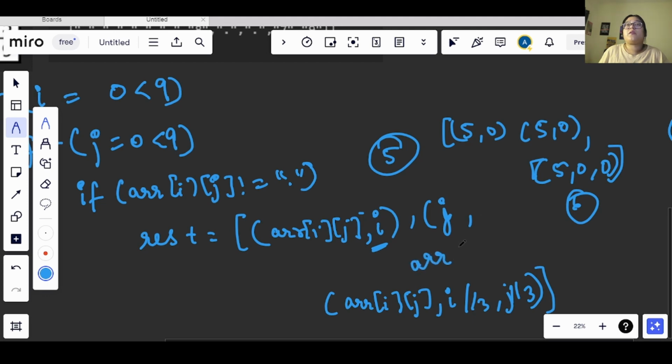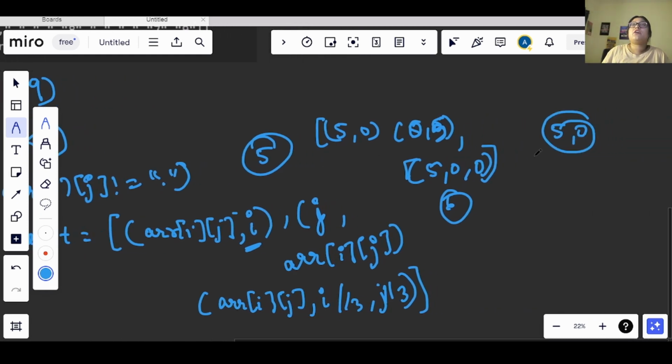Okay, so let me write it down here. For j I am writing the index before and then writing down the element. Now according to that I will get 0 and 5. So now both elements are different, and if I convert this entire array into a set, what will I get? If it has two 5s in the same line, then 5 comma 0 will exist 2 times, right? So if I take the length of this array, I will get 6, but when I convert it into a set, I will get the length as 5.